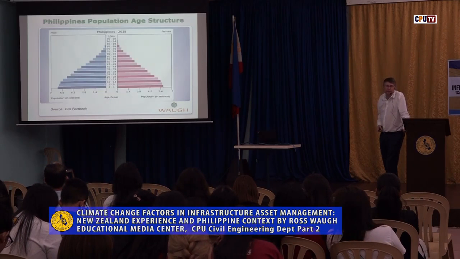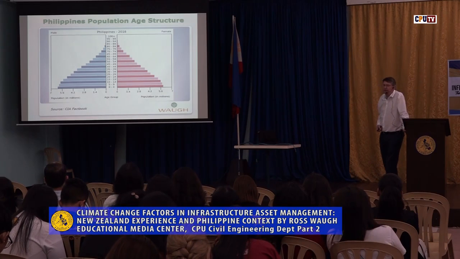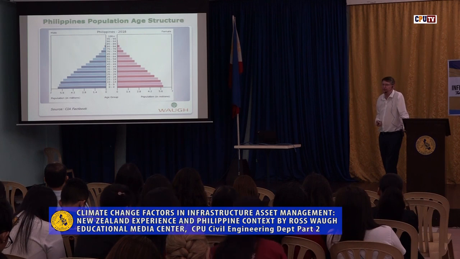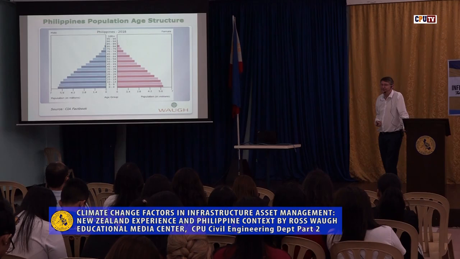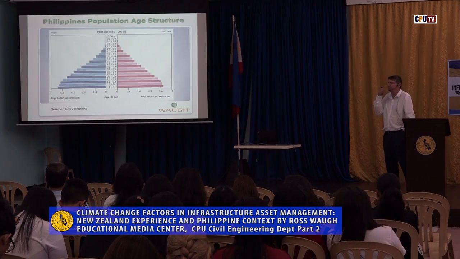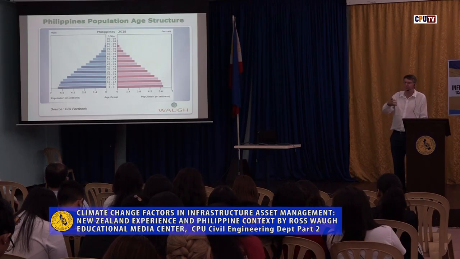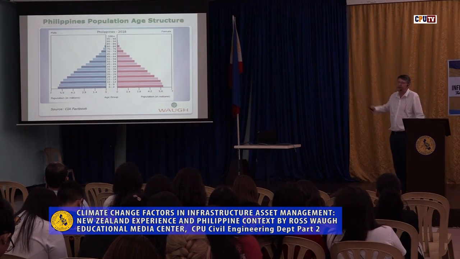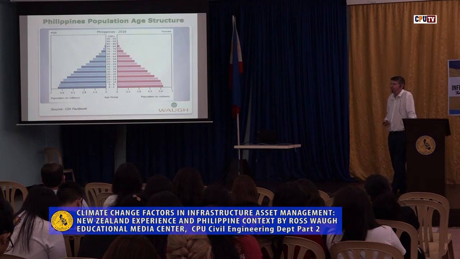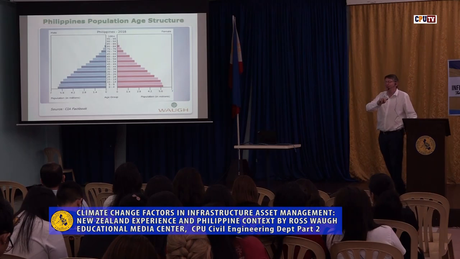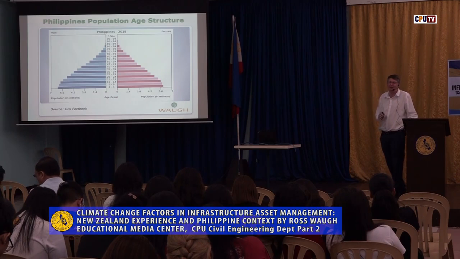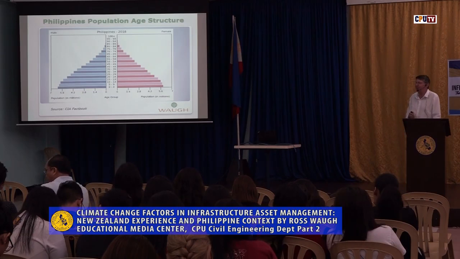I couldn't find the same thing for the Philippines, but I looked at a population pyramid, and what I noticed coming from New Zealand to the Philippines this week, is the number of children. There are just children everywhere, which is a wonderful thing. You know, that means you've got families, you've got children, you can educate them, you can have lots of workers in your society. I see the smiles, and I'm sure you have your own debates about whether lots and lots of children are a wonderful thing or not.